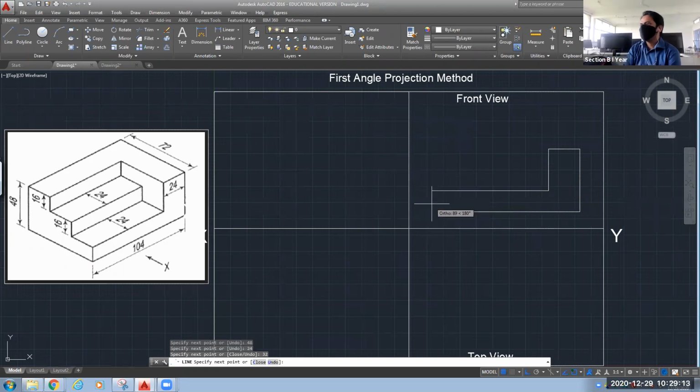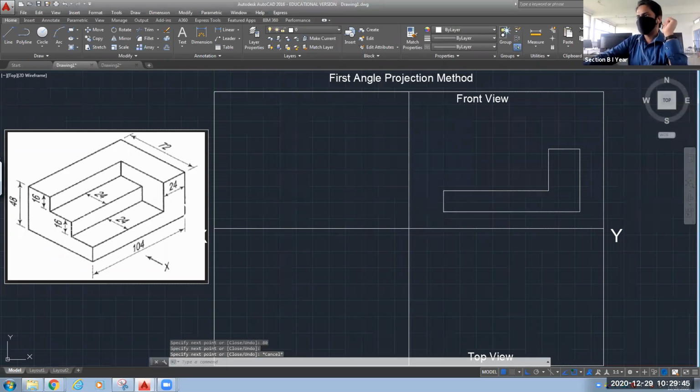Again on this side, 104. Please mute yourself. So on this side, we need to move 104 minus 24, so it will be 80. Now you can close it. This is the L shape that we have drawn.